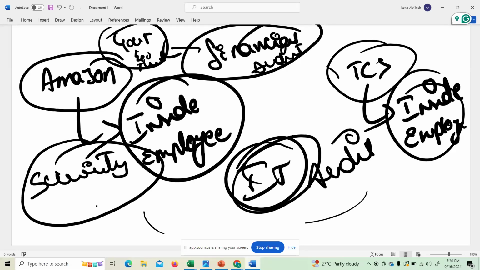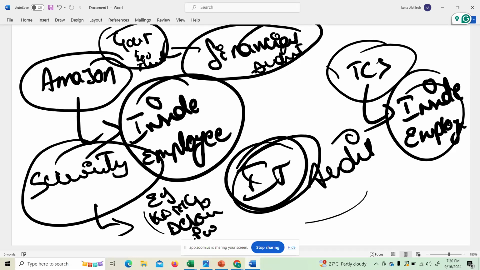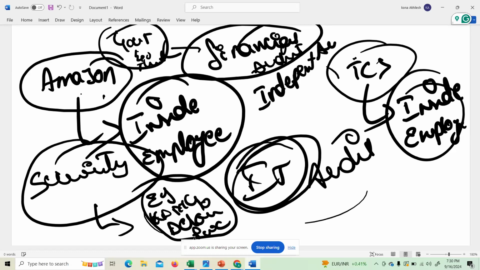It will be done by the Big Four: EY, KPMG, Deloitte, PwC. Let's say, very simple. If Amazon wants to give a project to TCS, then TCS and Amazon jointly will hire a third party, what we call an independent auditor.